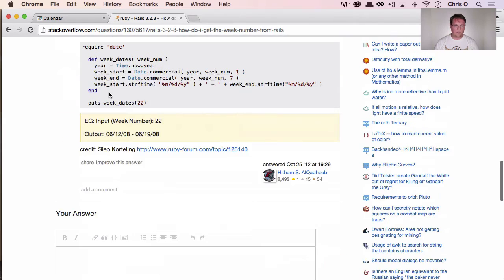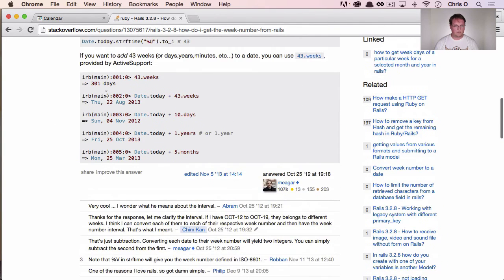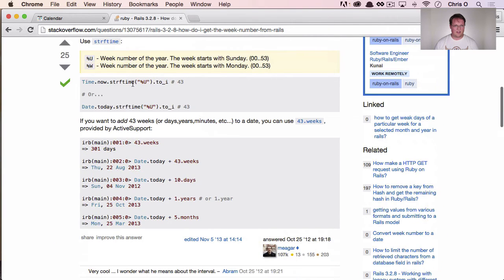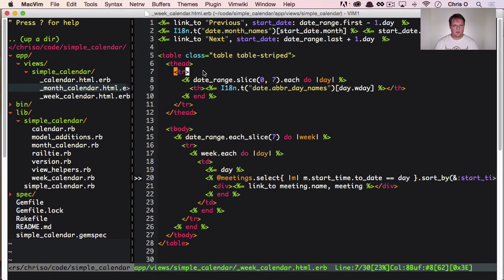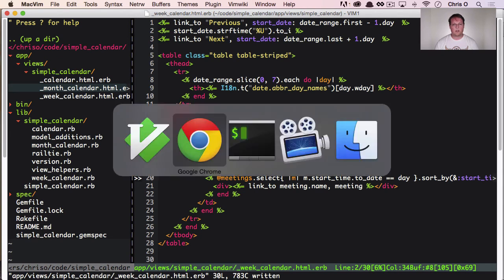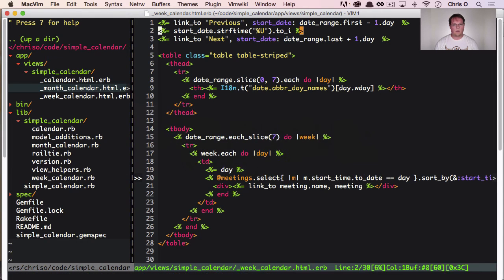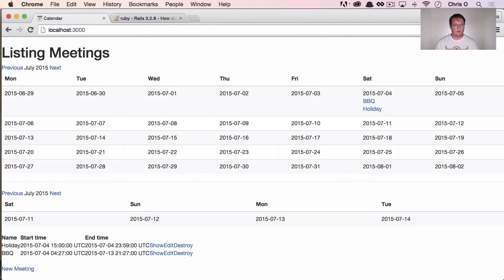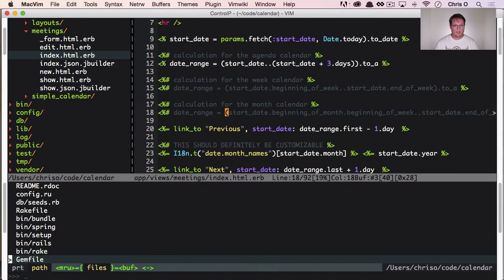So maybe there's a better way to do it. But regardless, let's replace this code here with start_date.strftime %U, and we could say this is week whatever. We can hop back to our calendar,